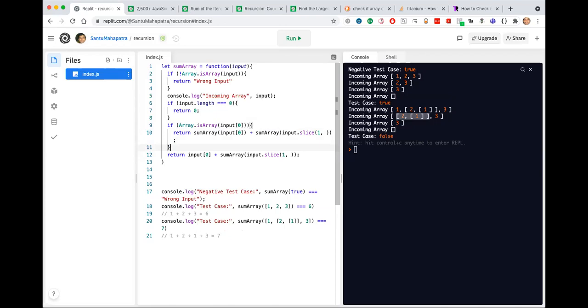All right. So let's now run it. Let's see whether it fulfills the last test case. It does. The last test case is also running properly.